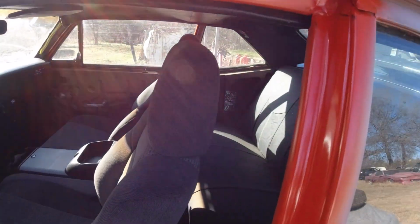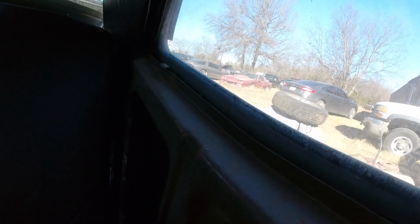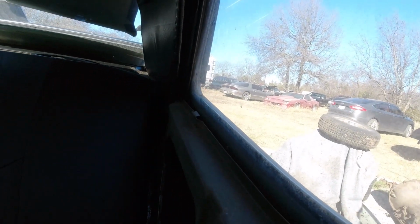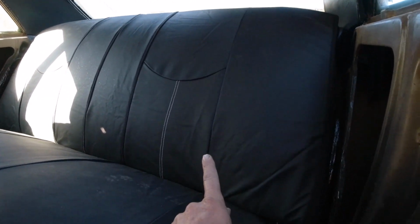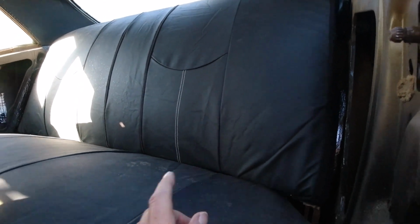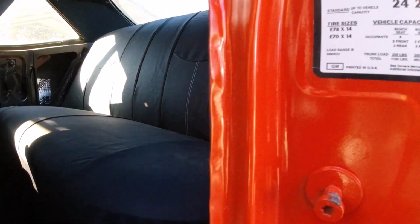But I'm going to do the rear first. I wanted to get the rear all situated, but I got to change that window channel first. So I'm going to get in there, lube up all the tracks in there, make sure that window goes up and down good, change the window channel rubber stuff, and then put the door panels in, and then mount that seat in. The seat's not mounted in, it's just sitting there. Same with the back. The back's not bolted in, it's just slid in the top. So that's the plan now, is to do the rears and get all that done, except for